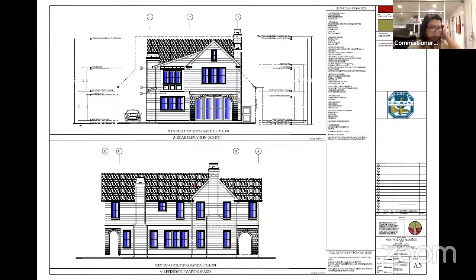Commissioner Camarado. Hi, Jesse. Hi. I just want to say that I think this is a really cute house and very nicely designed. Thank you for bringing something kind of unique to that area. So good job and thank you. Thank you, Commissioner Camarado. Do we have any other questions for the applicant?